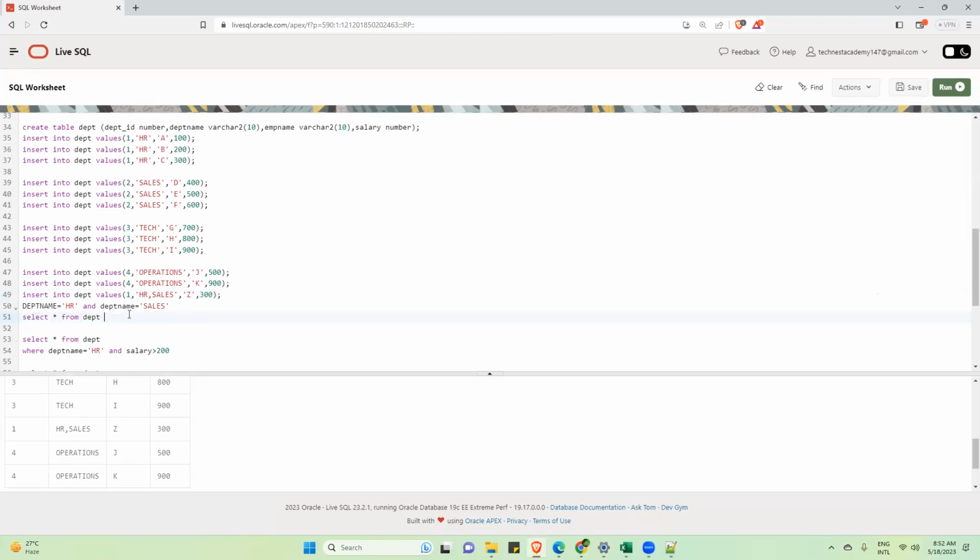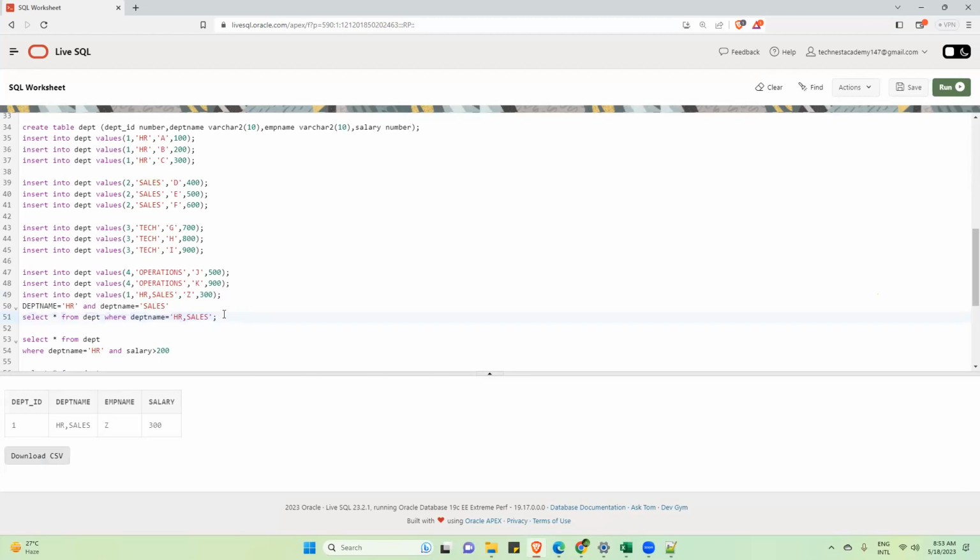See, when you run this, where department name equals HR, you will not get this output. If you write department name equals sales, you will not get that output. So don't think that here you are telling this is HR and sales both. No, this is data. You have just inserted this data. So when you search like this, then you will get this information.